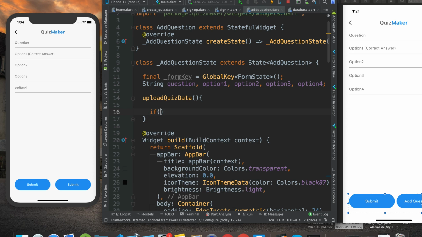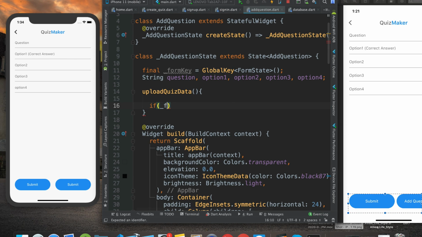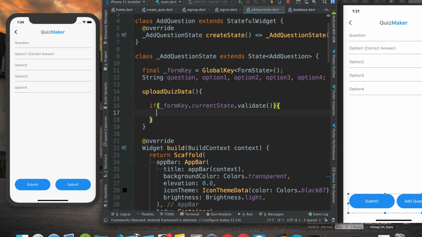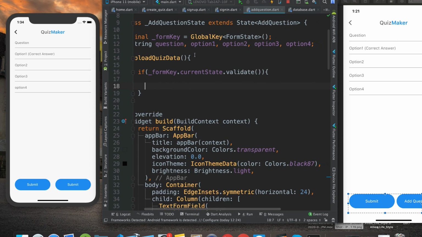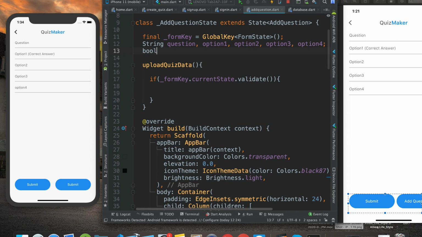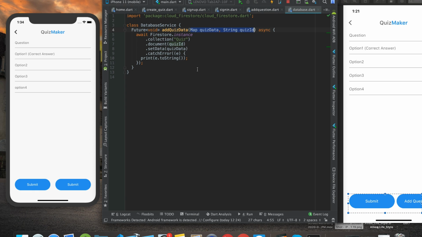What we want, first thing first, we want to check if all of these are filled, right? So how do we do that? We do that by form key dot get the current state, and then we will say validate. After that, we will do the same thing. We will upload the data, and before that we will set that loading thing to true and false, like we created quick. Bool is loading. We will set the loading up, but first let's go back to our database.dart and create a function for uploading